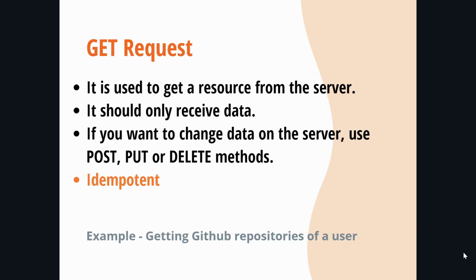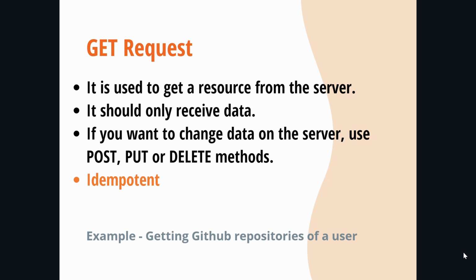Now, let's get into it and talk about what a GET request is. You're only going to use a GET request when you want to fetch a certain resource or some result from a server. GET requests are only used for receiving data. They're never used for putting new information into the server. So, if you want to change data on the server, add new information, or change the present information, use methods like post, put, or delete.